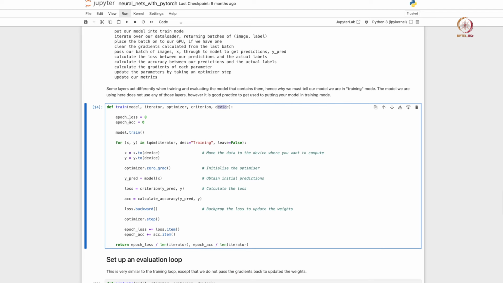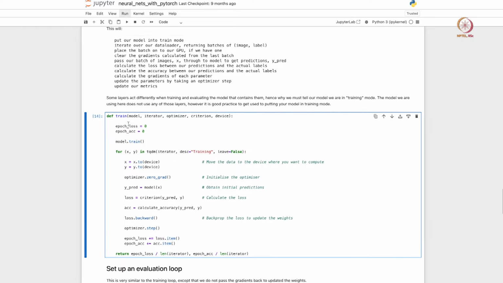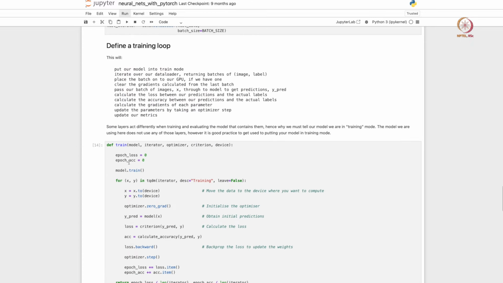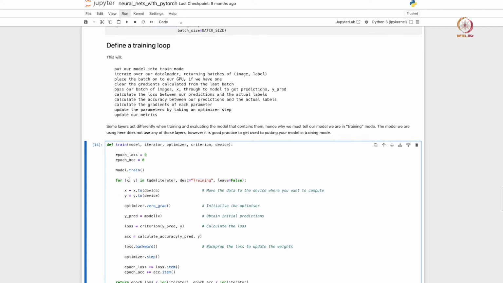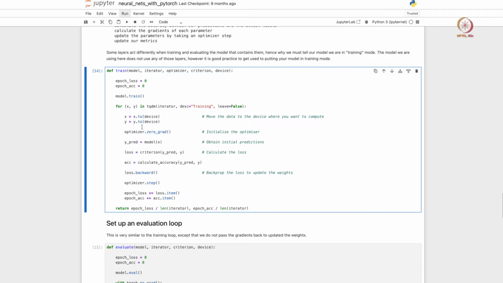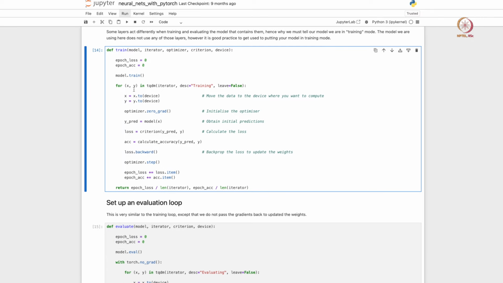So initially we define the loss function. The loss function comes from your criterion here, and the accuracy comes from our definition of accuracy. Remember that we defined a calculate accuracy function here, and that is where the accuracy will come in. So the idea is to store, for each epoch, the loss and the accuracy values, right.